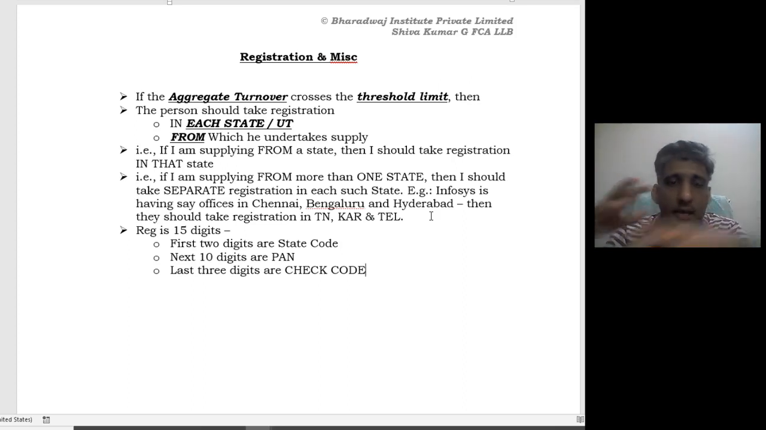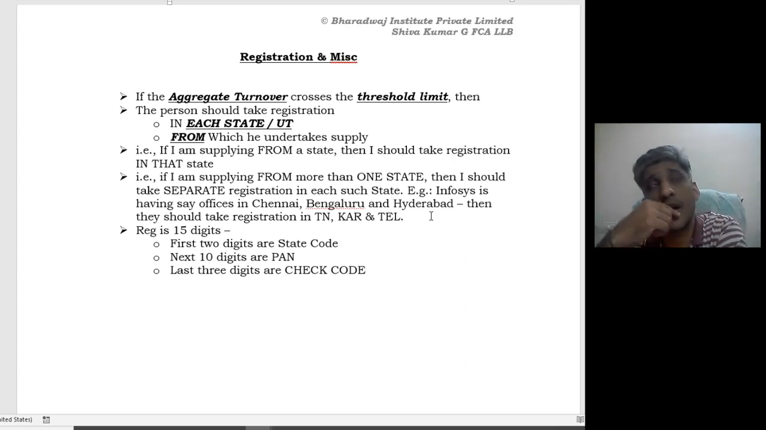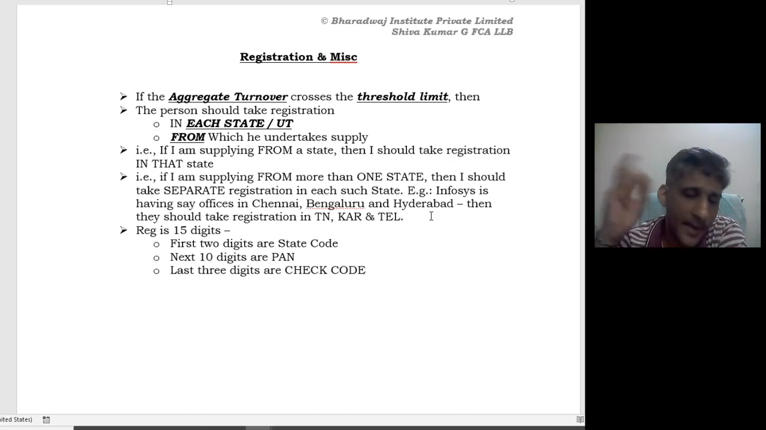If it is Karnataka, it will be 29 followed by PAN. If it is Telangana, it will be 36 followed by PAN. If it is Andhra, it will be 37 followed by PAN. If it is Kerala, it's 32 followed by PAN. If it is Maharashtra, 27 followed by PAN. If it is Jammu and Kashmir, I don't know, now it is a Union Territory, right? So it's 01 followed by PAN. So like that,